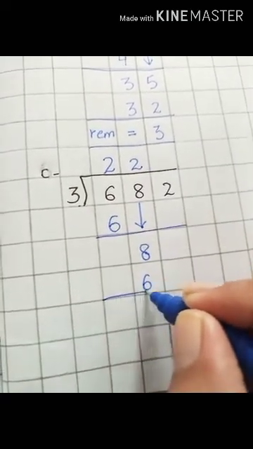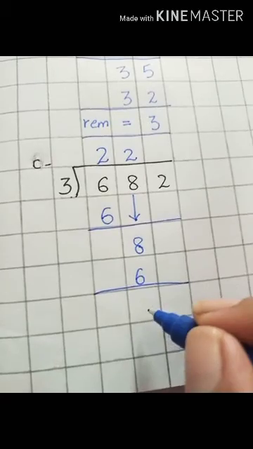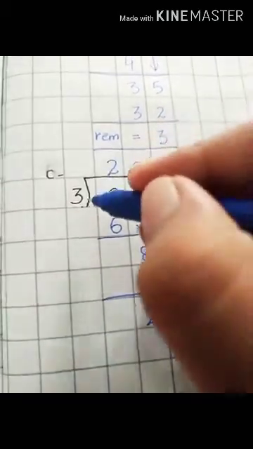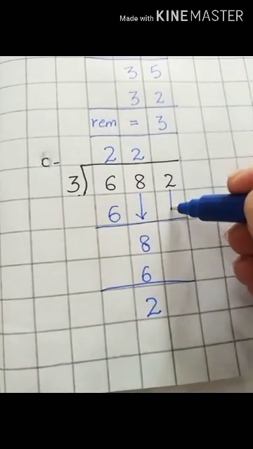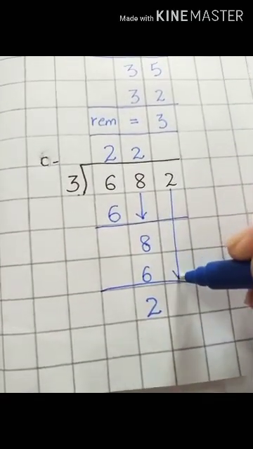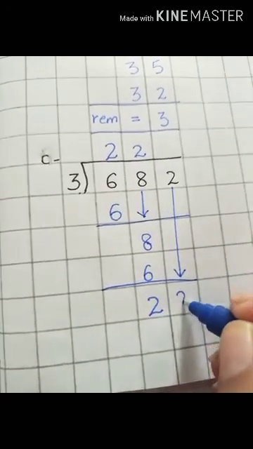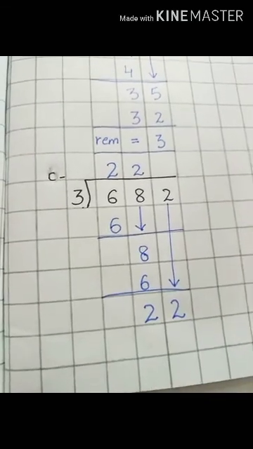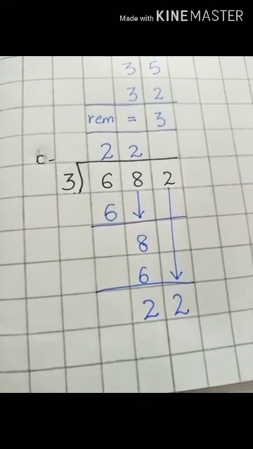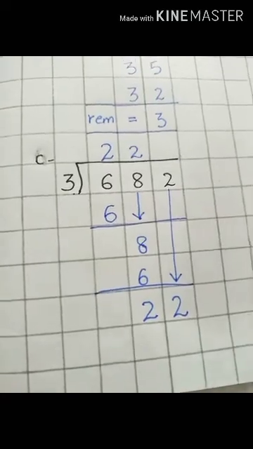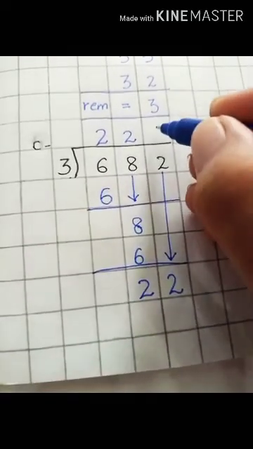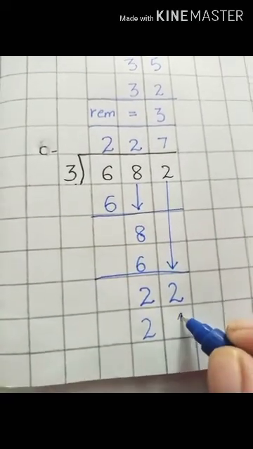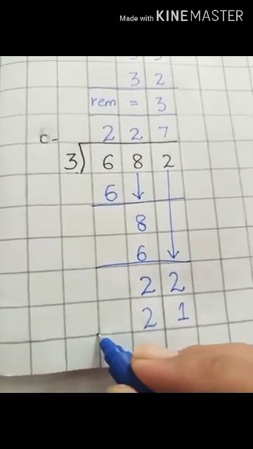Next step is subtraction again. So students, 8 minus 6 is 2. And this 2 is smaller than my divisor, so I have to bring down this 2 here. Now this number is 22. Okay, read the table of 3 till we get the number 22. So students, 3 sevens are 21. I can write the 21 beneath this 22. Here I am writing the number 21 beneath my number 22.